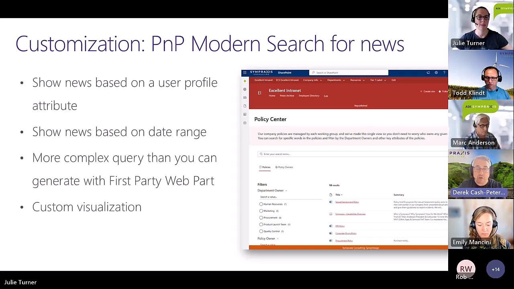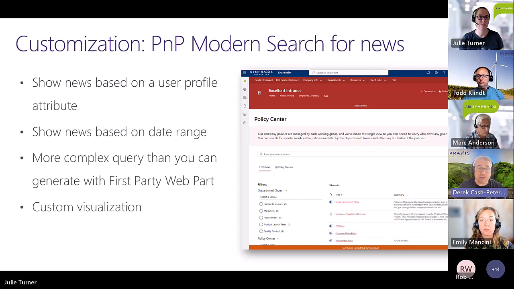But you can also use this to create, say, a news archive where you pull back all the news and you can start to search and refine and do keyword searching. You can also do date range based searches. So you can search for the current week or this month or this year and start to be very specific and granular with that kind of content.